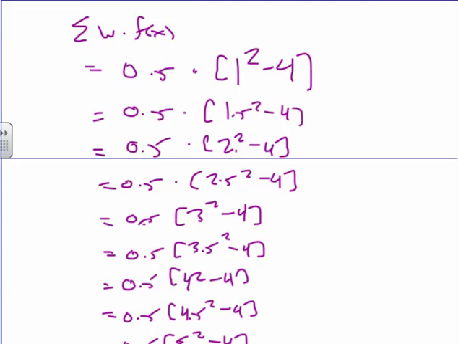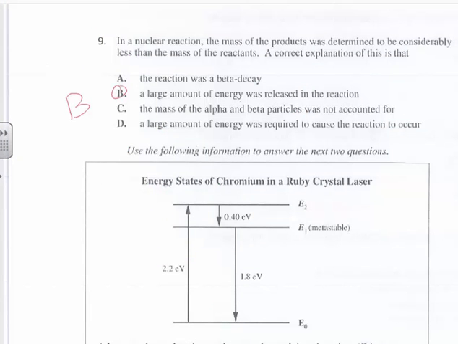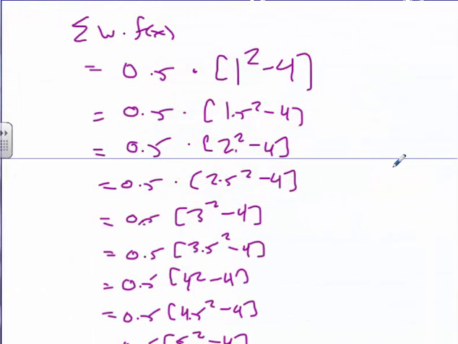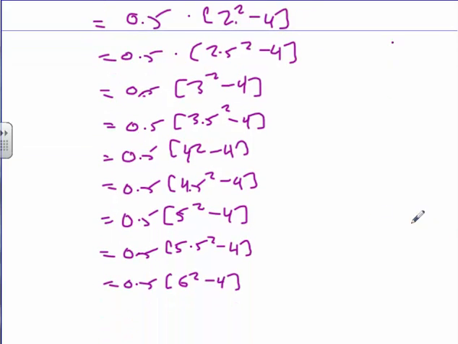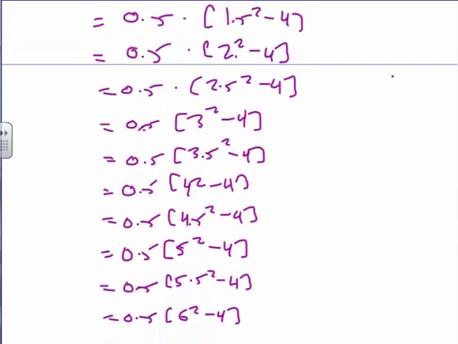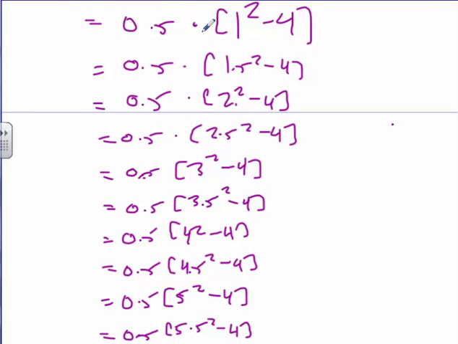Okay, so I took some time and I wrote out all of the different possible boxes. I've got a 1 squared minus 4, a 1.5 squared, a 2, a 2.5, a 3, a 3.5, a 4, a 4.5, a 5, a 5.5, and a 6. And if you count them up, by the way, you'll notice that I actually have 11. I have 1, 2, 3, 4, 5, 6, 7, 8, 9, 10,